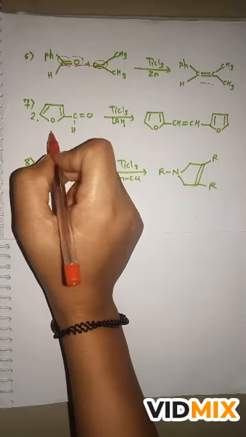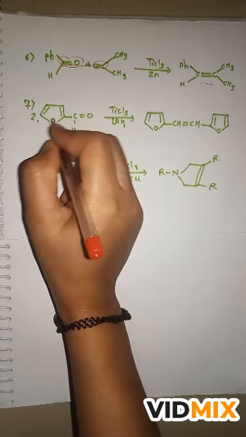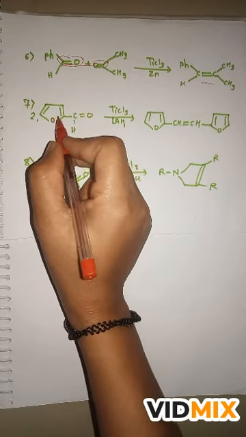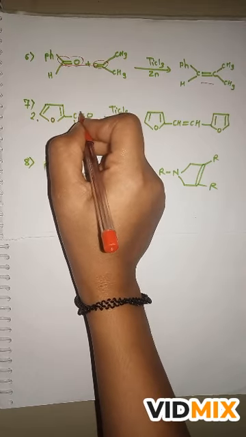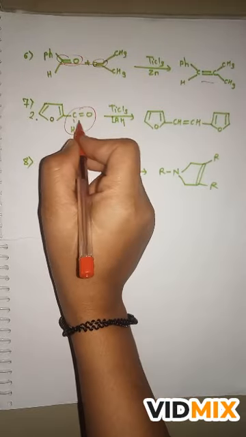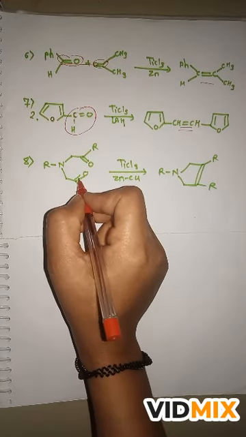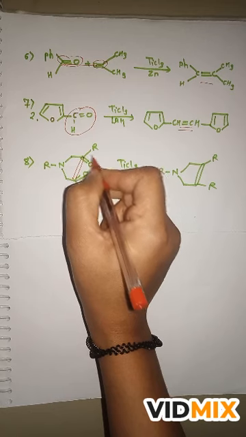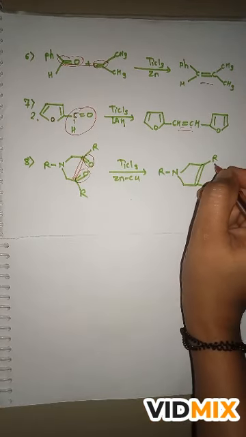Very simple. In this example also there is twice heterolytic reactant here, but we don't care, there is no need to think about this reactant. We just concentrate on this aldehyde and we have to just connect this to C by double bond, and here is our product. In the last example also there are two ketones. We just attach from here, remove this double bond O, and form our alkene or olefin.